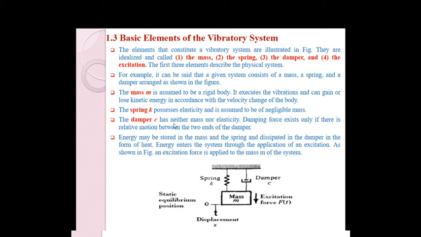So the damper C has neither mass nor elasticity. Damping force exists only if there is a relative motion between the two ends of the damper. We will explain this in the next lectures. Right now, only understand that the damper is a representation which has the function of absorbing the vibration motion or displacement in every cycle of the vibration. So as a whole, we can explain this representation of the vibratory system as energy stored in the mass and the spring